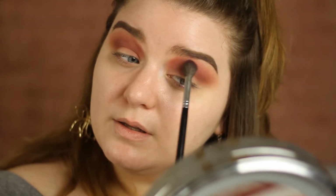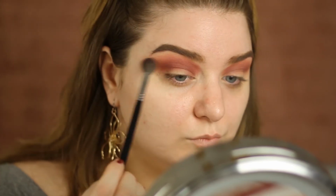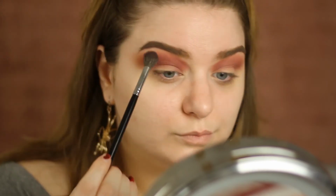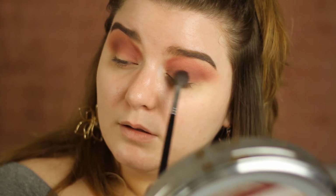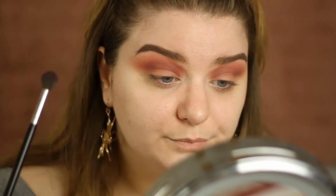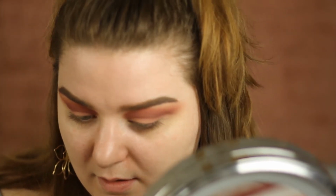Alright, making sure they're even. I'm kind of going to take that down onto my lid a little bit. Alright, and now that cranberry shade is there, we're going to take a,